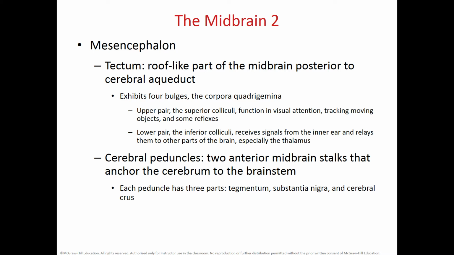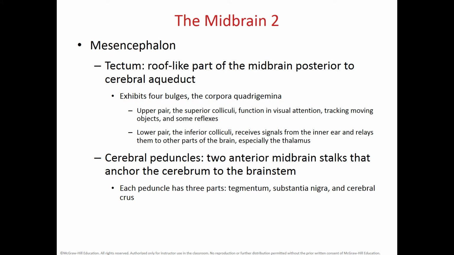Now, within the lower pair of the corpora quadrigemina, called the inferior colliculi, you have signals coming from the inner ear, so you can have reflexive movements when you receive, for instance,